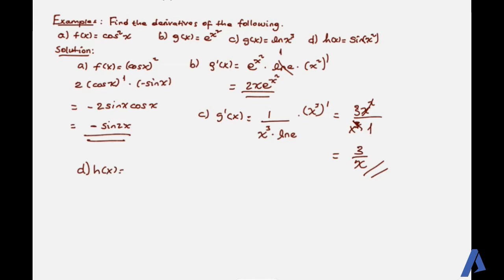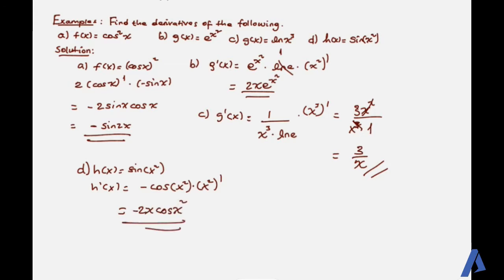ከዛ for d ደግሞ h(x) = sin x² ነው የሚለው ስለዚህ h'(x) trigonometric rule ነው የምንጠቀመው. The derivative of sin is cos, so cos(x²) times the derivative of x², which is 2x. This is 2x cos(x²) ይሆናል ማለት ነው።